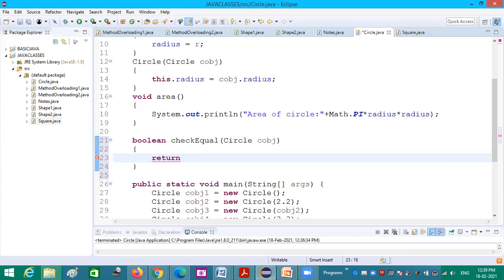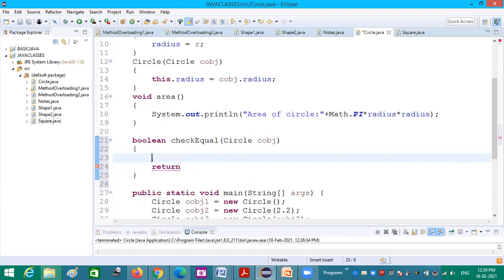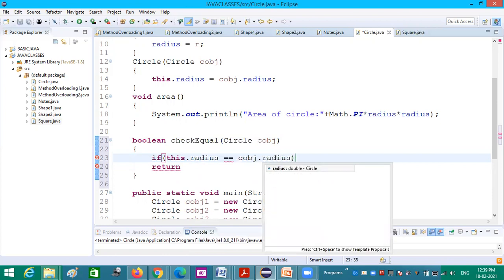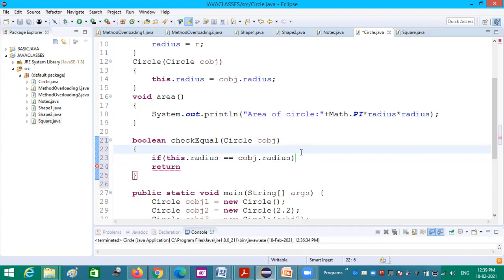So how will it return? I can check it first: if this dot radius is equal to C object dot radius, in that case, I am returning true.